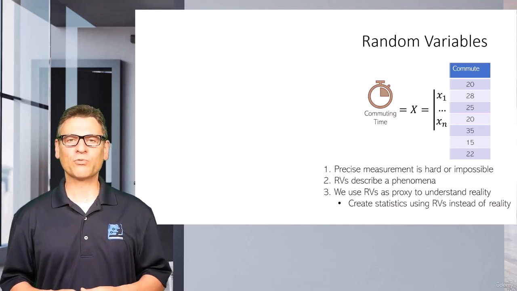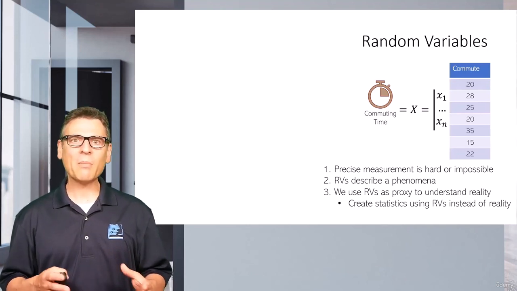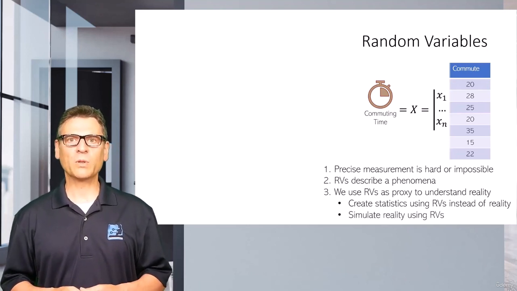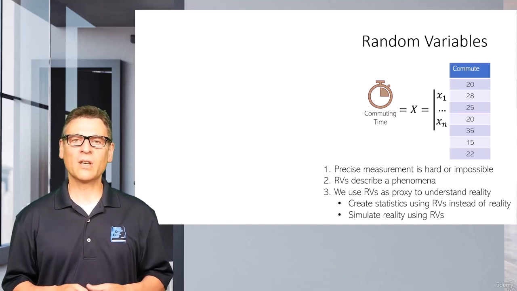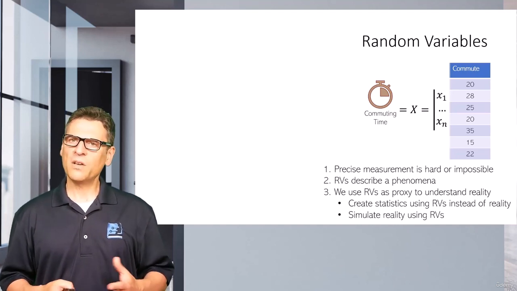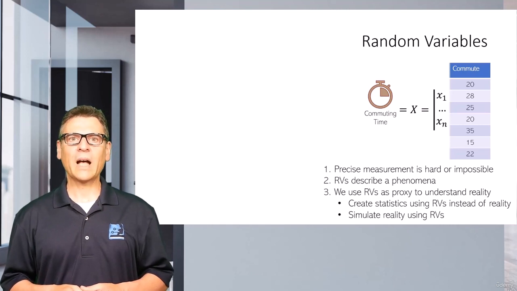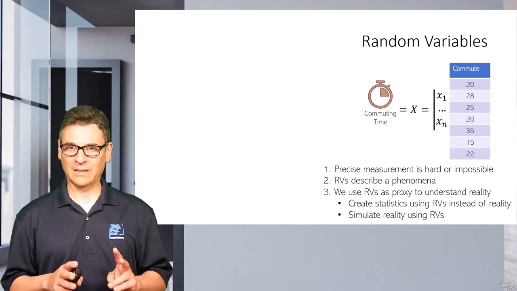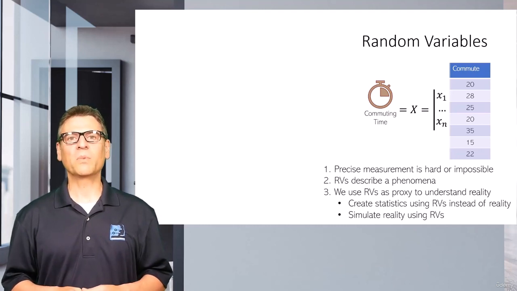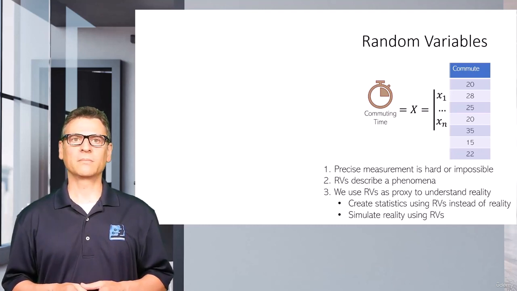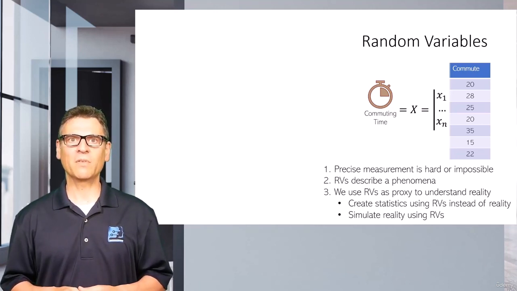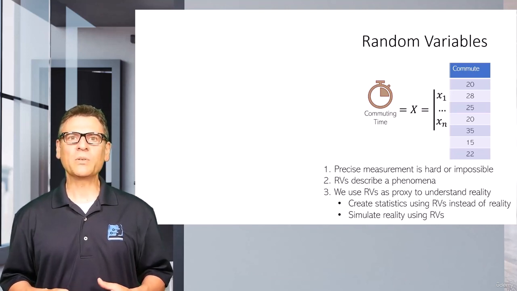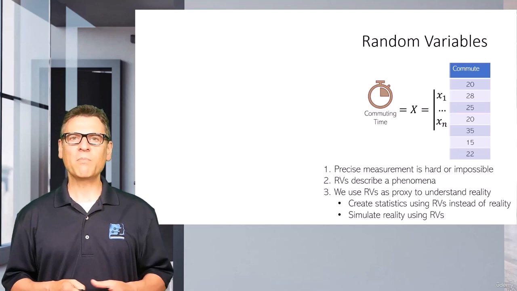Instead of changing reality by changing some parameters, we can use the random variable to measure the results of that change via a simulation. For example, with a random variable, I can ask the question, what would be my commuting time if I leave home, this is the parameter, at 8 o'clock in the morning instead of 9? Instead of measuring this change by leaving your home at 8 a.m. for 1 year and at 9 a.m. for another year, we can simply use the random variable we created and measure the effects.